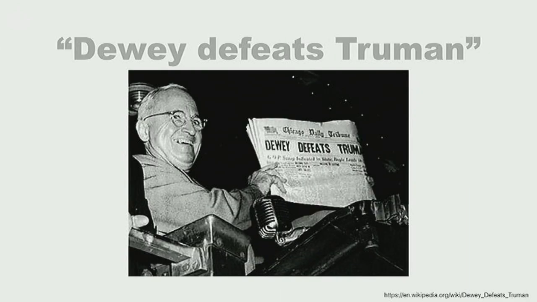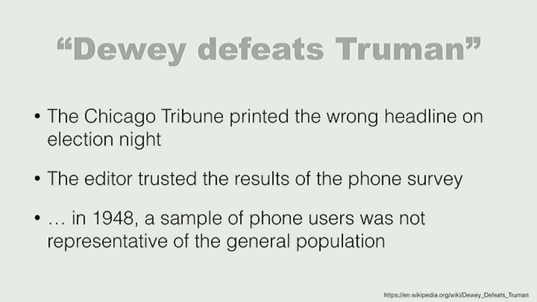And again, as a textbook example, there was a headline in a newspaper in the 40s, Dewey defeats Truman. So that's Truman, the day he became president of the United States, and he's waving a newspaper saying basically the opposite. He's smiling, of course. So what happened here is that the newspaper did a survey. So they had to go for print, overnight. They did a survey, and they trusted the result of the survey.